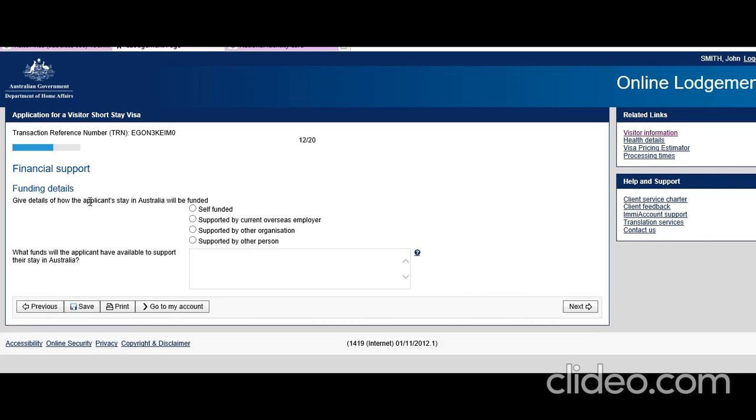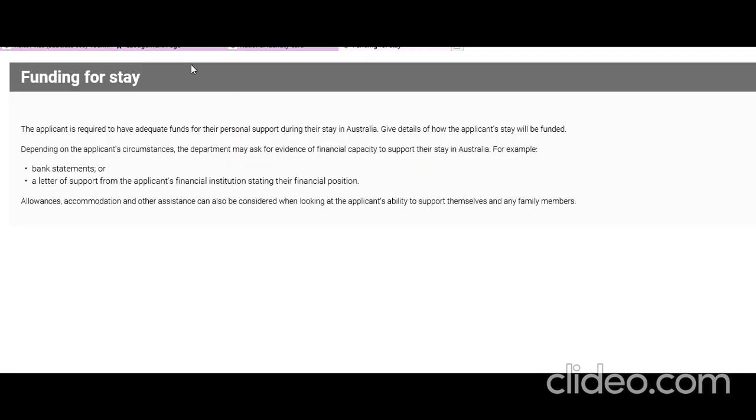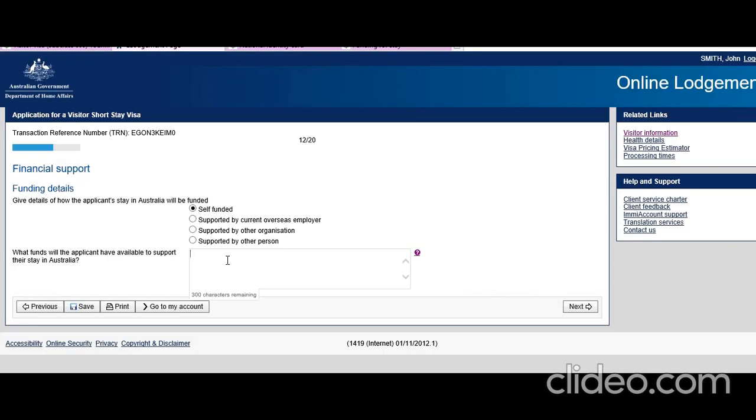Give the details how the applicant's stay in Australia will be funded. Self-funded, supported by current overseas employer, supported by other organization, supported by other person. Let's say self-funded. It's asking what funds will the applicants have available to support their stay in Australia. So if you want to understand and you need some help, you can always click on these question marks and then it opens a new tab. So you can read what exactly it is. So for the purpose here, let's say